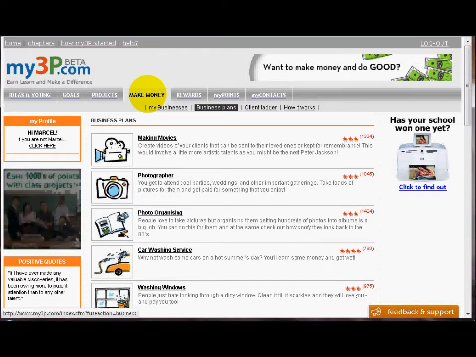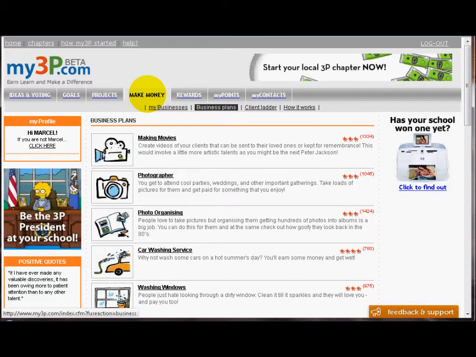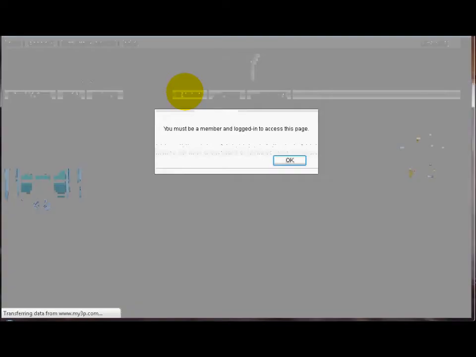There's going to be different kinds of businesses added in there, and maybe instead of us just writing the business plan, we'll integrate some wiki functionality so that they can edit the business plans themselves, and so that they're constantly getting better and better. The reward section is going to change a lot.